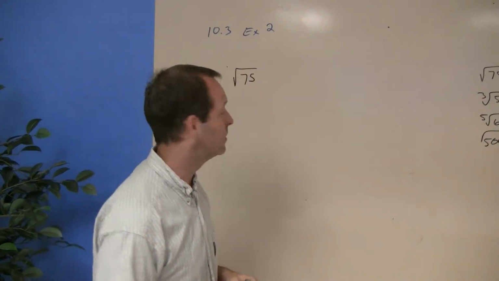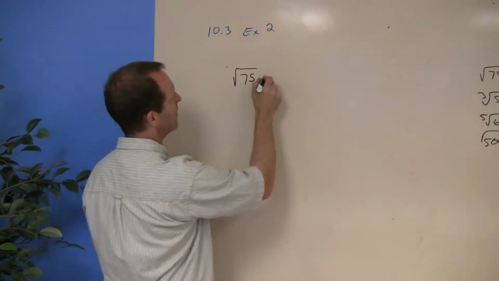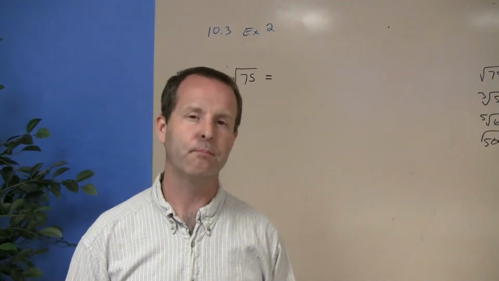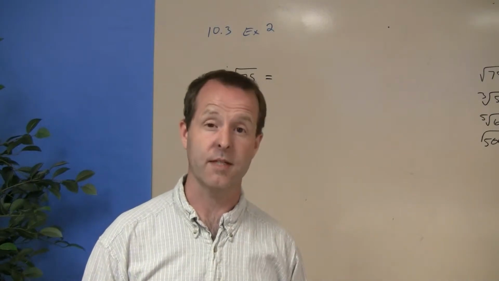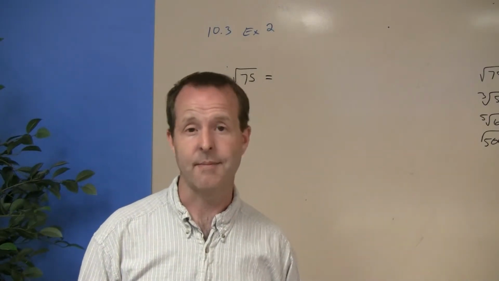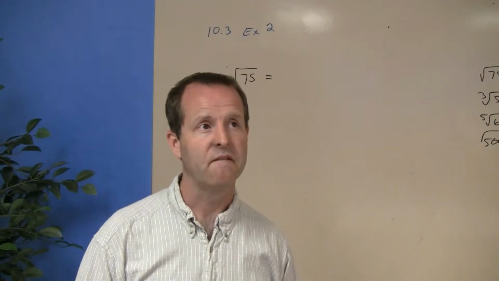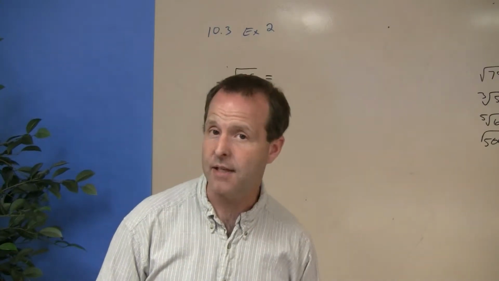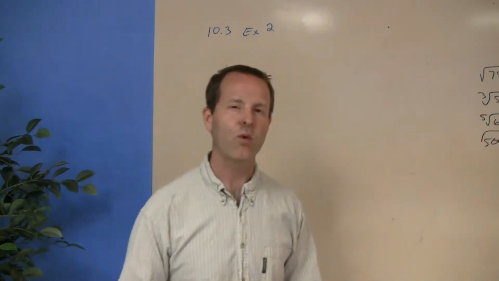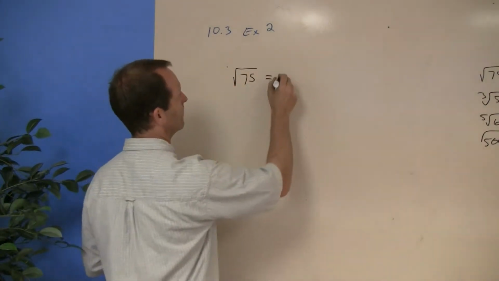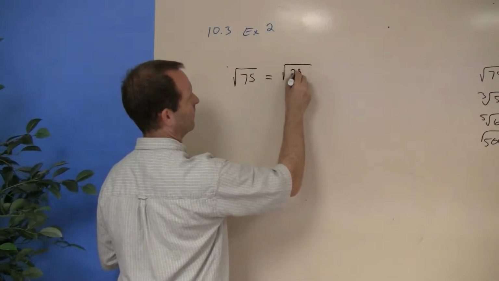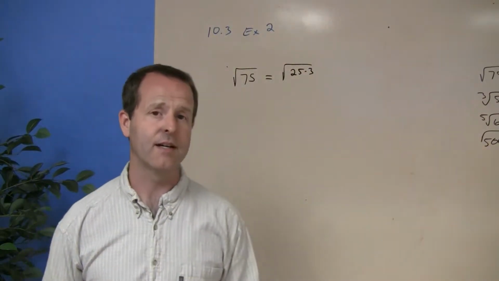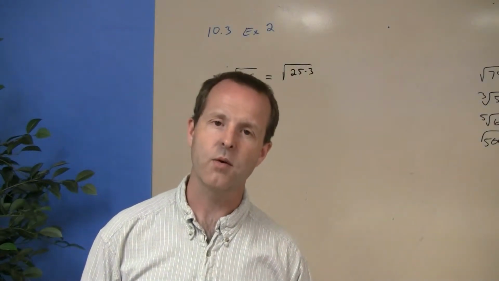Since this is a square root, the square root of 75, I want to make something times something equals 75. 75 times 1 does it. 15 times 5 does it. But there's also a 25 in there. 25 times a 3. And I like that 25 because, one, it's a big number, but it's also a perfect